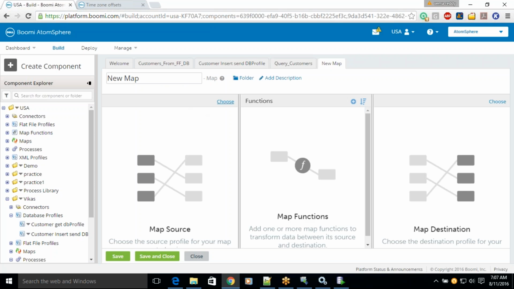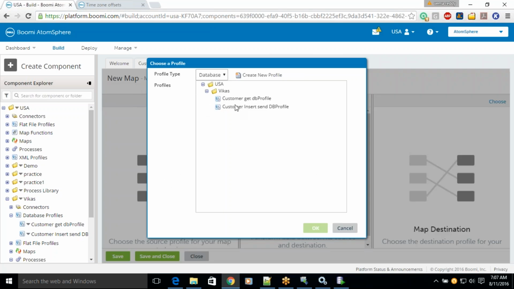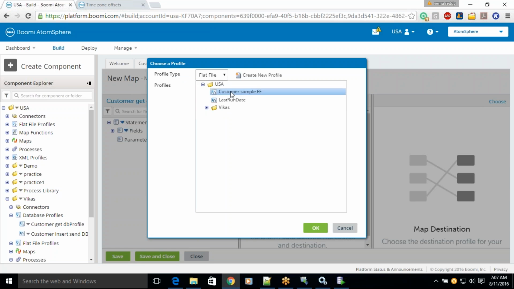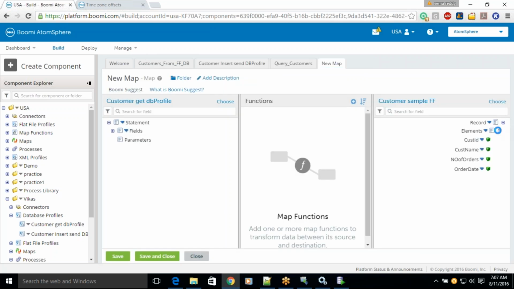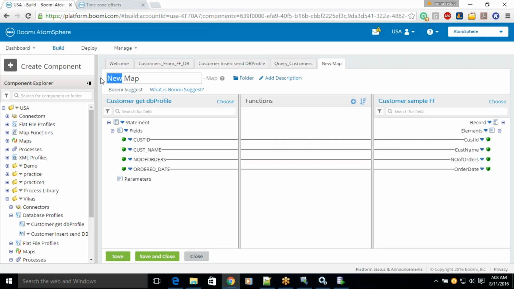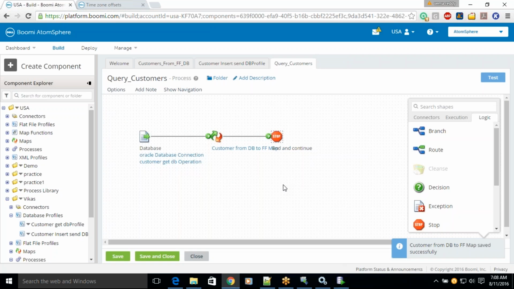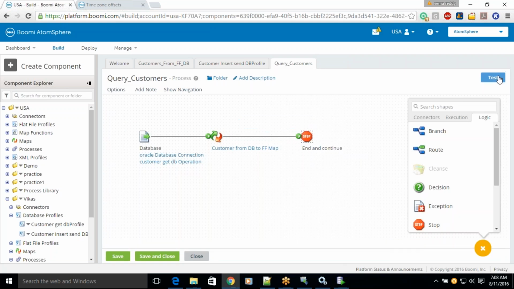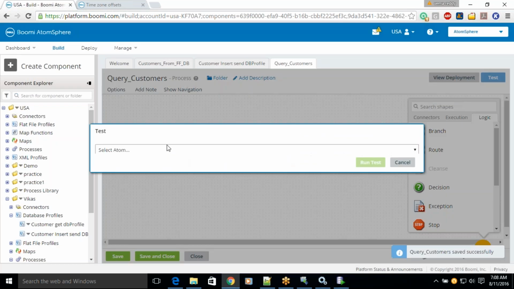So let's create a new profile that accepts the database format and translates it to a flat file. Once saved,